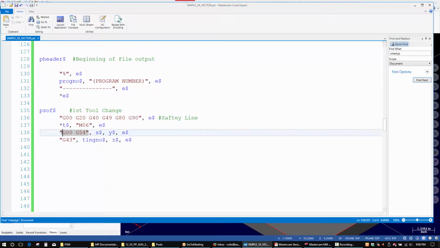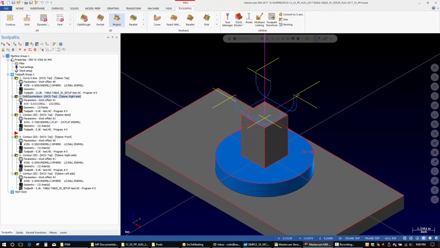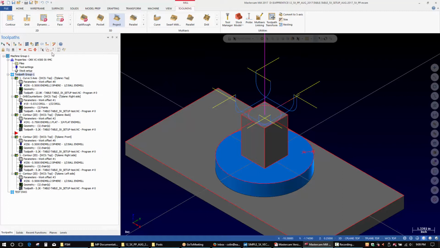Now granted, things like rapid mode and the work offset, we can set up logic to grab that from the NCI data itself, just like we would in a generic post. But I just want to show you some sample output of, okay, if we were going to build something from scratch, how do we do the calculations to calculate the rotary positions? So if I take my program here and I post it out,